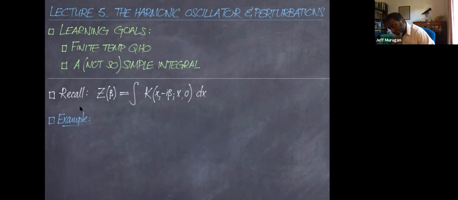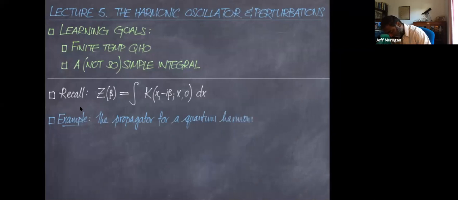And the propagator that you will derive, so the propagator for the quantum harmonic oscillator with mass m is